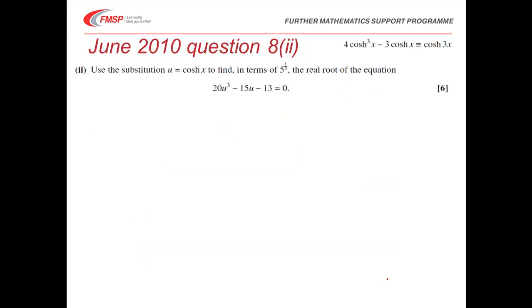So if we now look at part 2, we're going to be using the answer that we've just got. So just be aware that we are going to be using part 1. So we're asked to use this substitution u equals cosh x. So our equation is going to become 20 cosh cubed x minus 15 cosh x